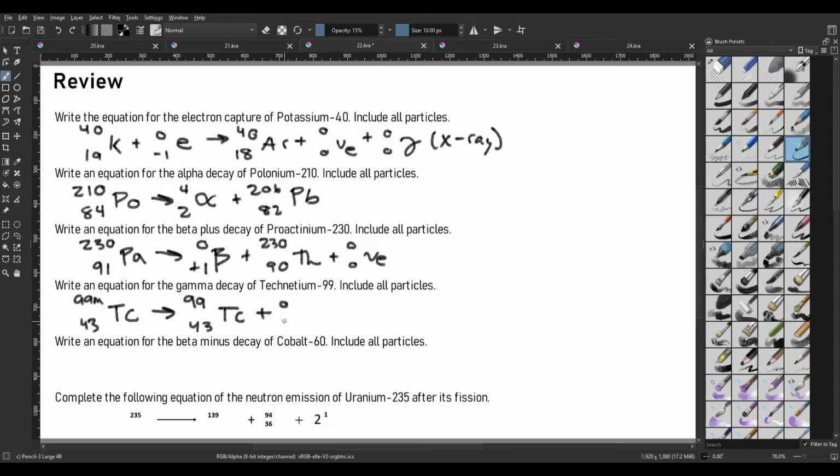And then we do a gamma photon there, and we say gamma. Remember, that's ionizing radiation of that photon. And the second to last one says write the equation for the beta minus decay of